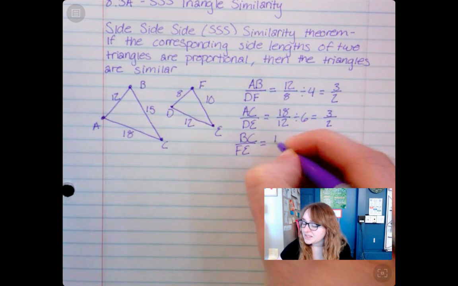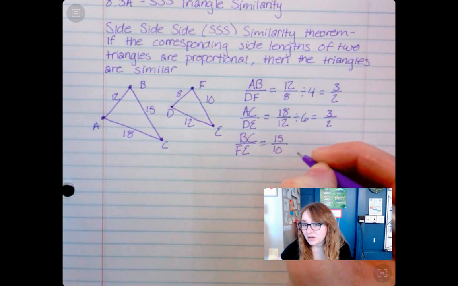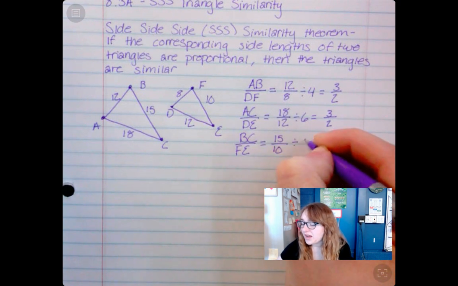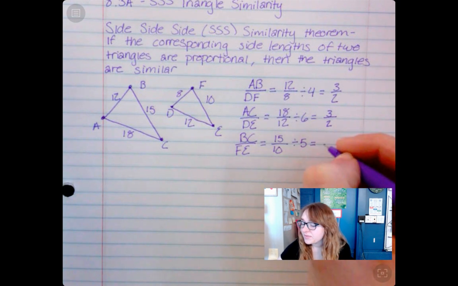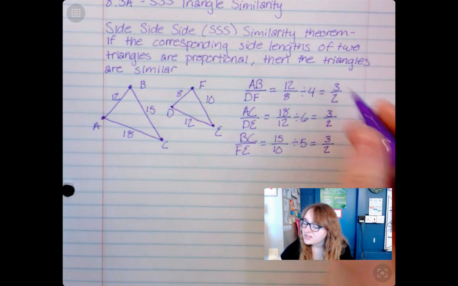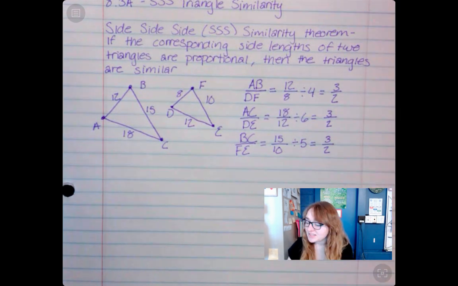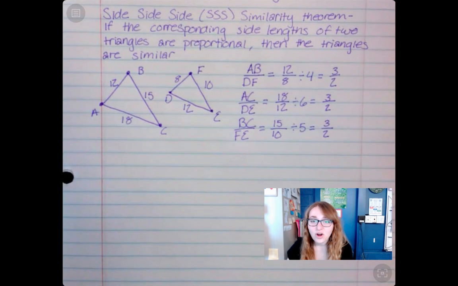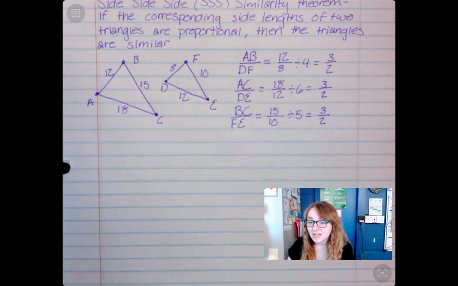So BC is 15 units long. FE is 10 units long. We're going to reduce by our greatest common factor, which is 5 in this case. 15 divided by 5 is 3, and 10 divided by 5 is 2. All right, so since all three of our scale factors match, all three of our corresponding sides are proportional, so we can say that these two triangles are similar by the side similarity theorem, and we can write our similarity